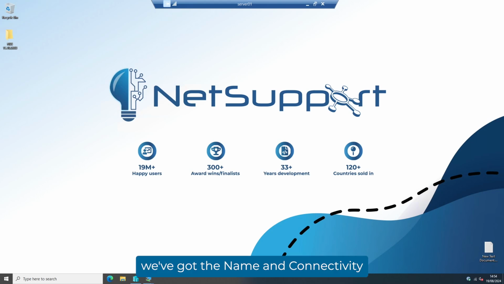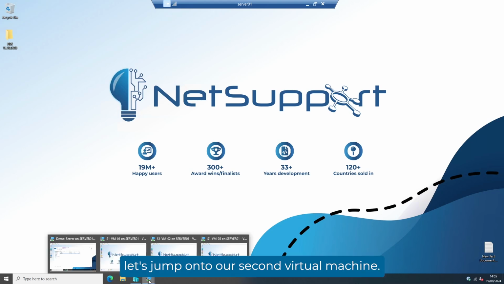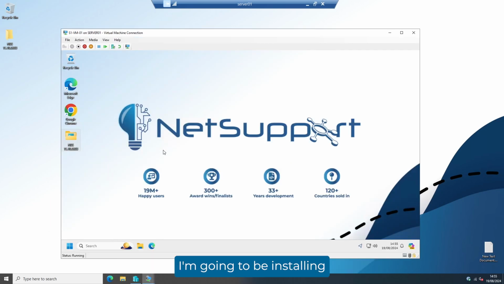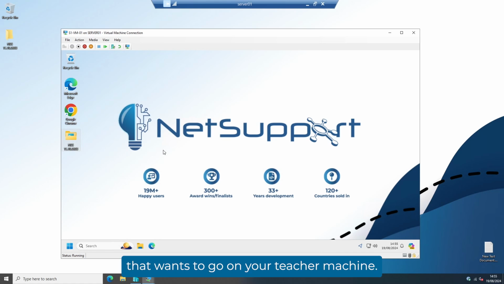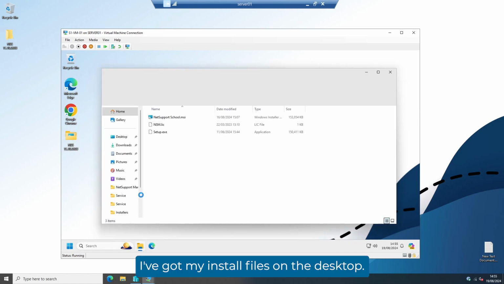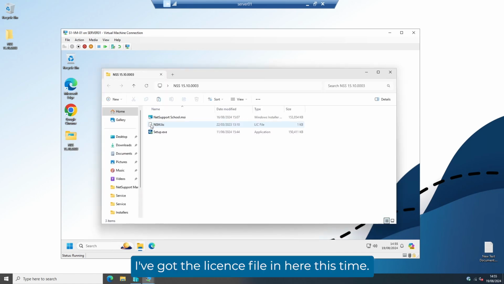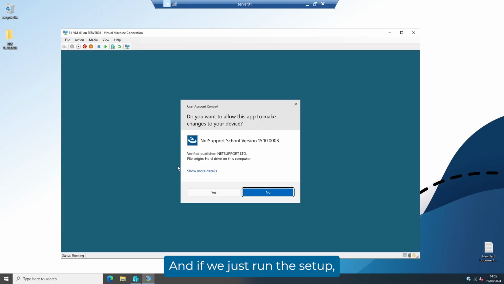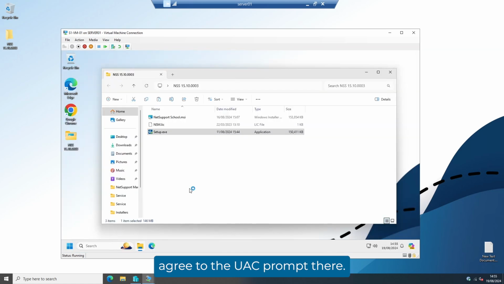So now we've got the name and connectivity server and tech console set up. Let's jump on to our second virtual machine, and on this one I'm going to be installing the Tutor Console. So this is the part of the software that goes on your teacher machine, so this is going to allow your teachers to connect to your students. So again, I've got my install files on the desktop. I've got the license file in here this time, and if we just run the setup, agree to the UAC prompt there,